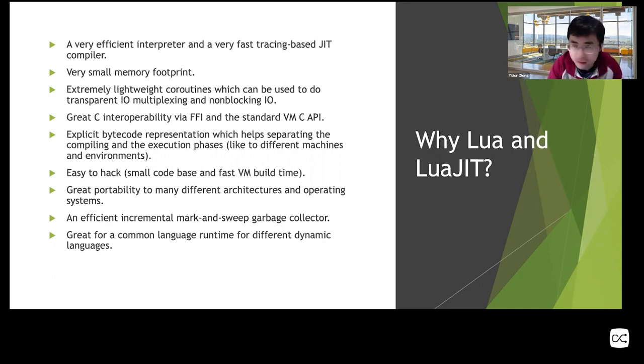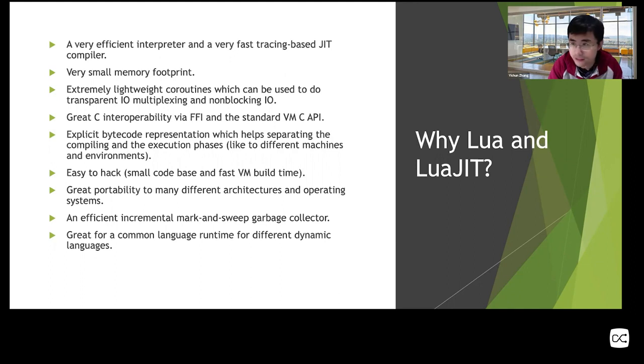Also it has very great C interoperability via FFI, which is very efficient and can be just-in-time compiled. It also supports the standard Lua C API, which is at the VM level.